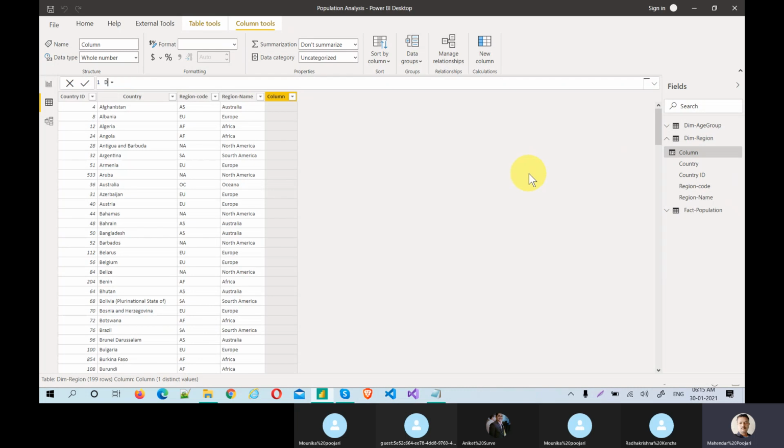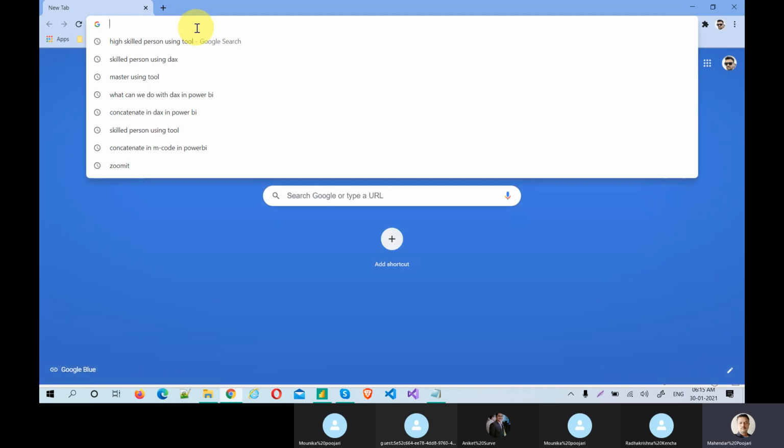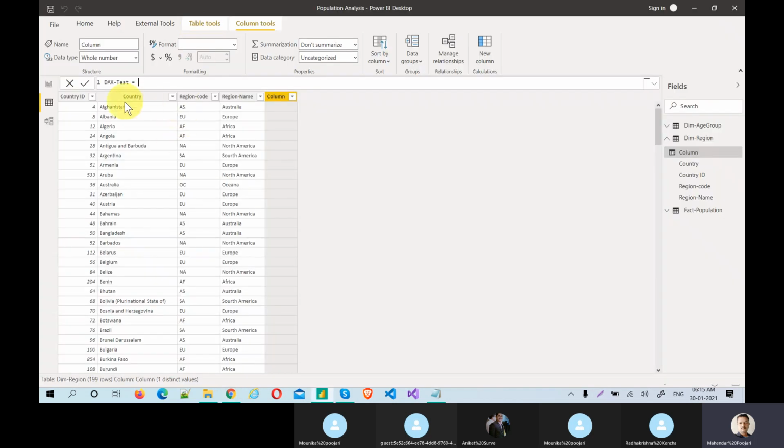I'm just using this column name as DAX test. Now I'm going to use a function. Let's open up Google. What I want to do is join two things, region code and region name, in one column.